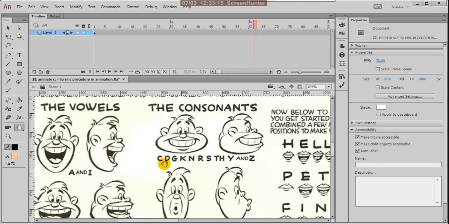C: see, both the upper and lower teeth are touching each other. You can check in front and side also, both teeth touching for C. And the same thing for D, G, K, N, R, S, TH, Y and Z.